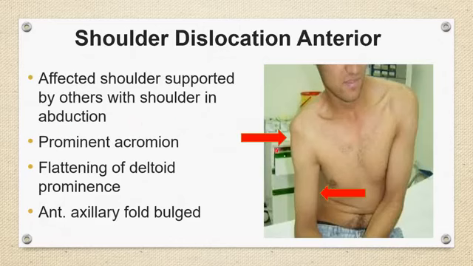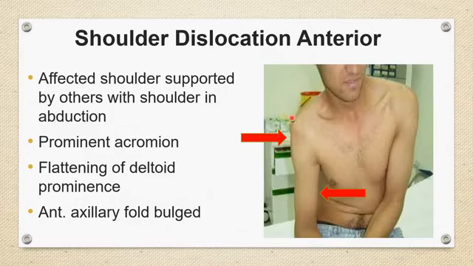Another thing you can find in the picture is that the acromion process becomes prominent. If you see the left side, the acromion process is not visible, because there is another thing: this is called the deltoid prominence. When there is shoulder dislocation, there will be flattening of the deltoid prominence, because the head of the humerus is not in the glenoid. That's why there is a depression or flattening of the shoulder, and so the acromion process